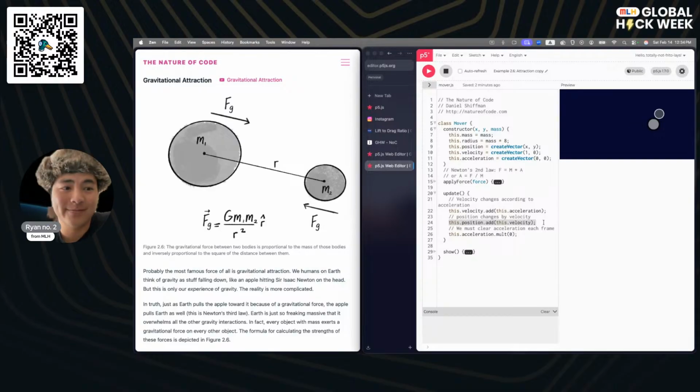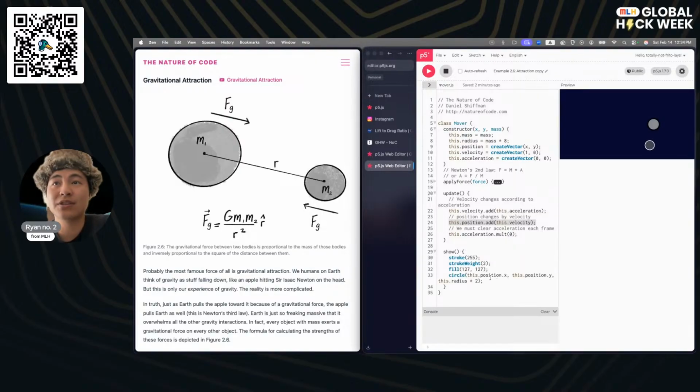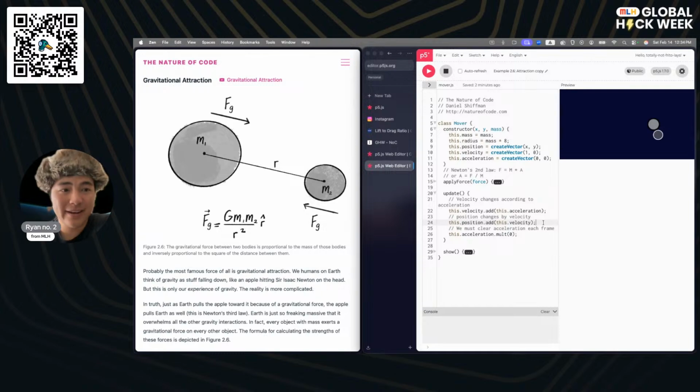Basically, our position, where the location that our circle gets drawn, right? This is the final product. This thing is literally just adding in where it's currently supposed to be moving. So velocity is just telling it where it should be in the next frame, or how much it should change by, right? And then acceleration is the thing that tells velocity how much to change by.